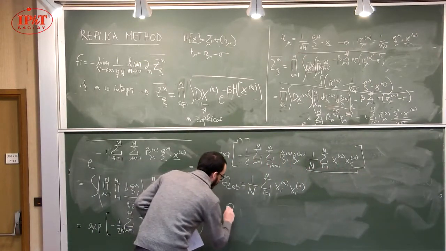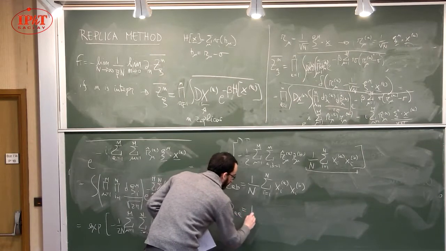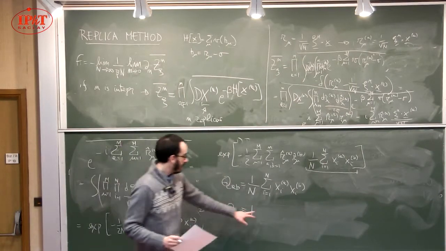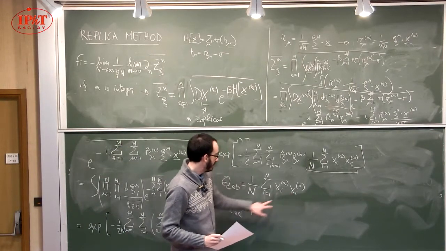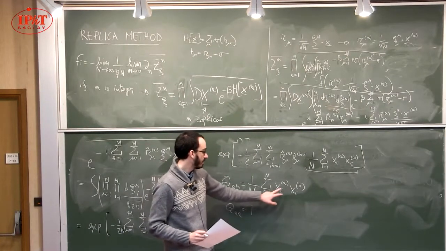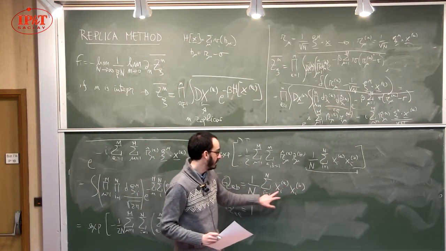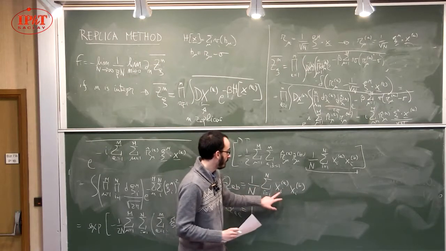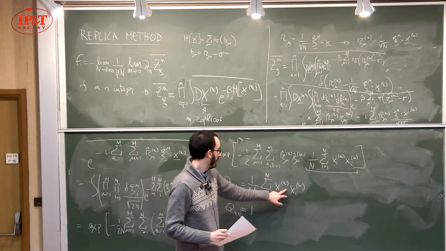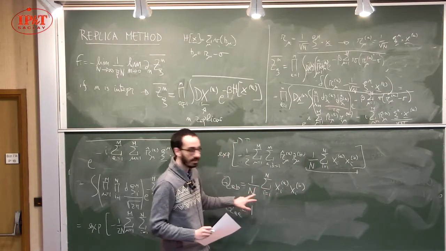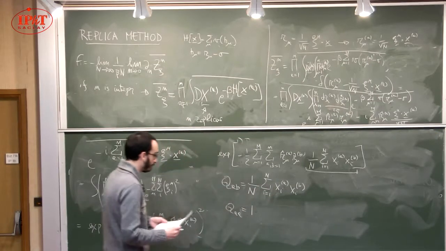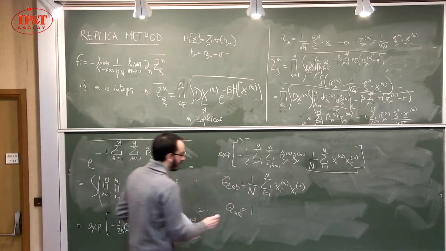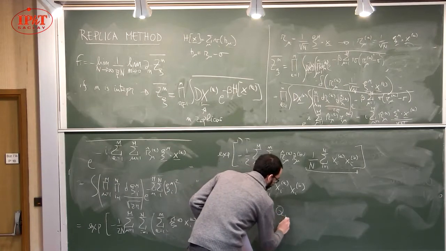So Q_aa is equal to 1, and the main reason is that this is just the spherical constraint, right? So if a is equal to b, then I just get the sum over i of the squares, and I know that this is equal to n, because the variables are spherical. And then if I take Q_ab with a different from b,